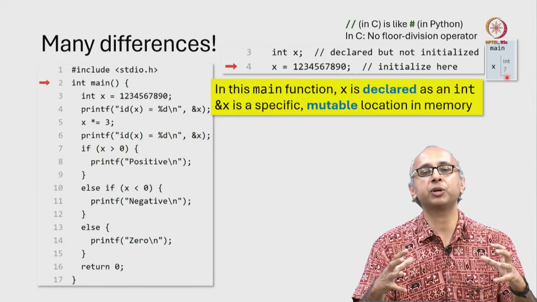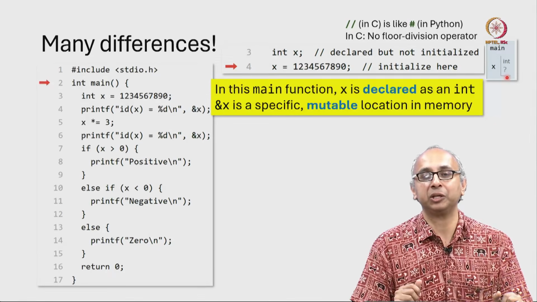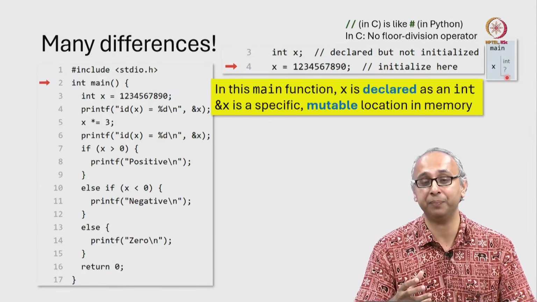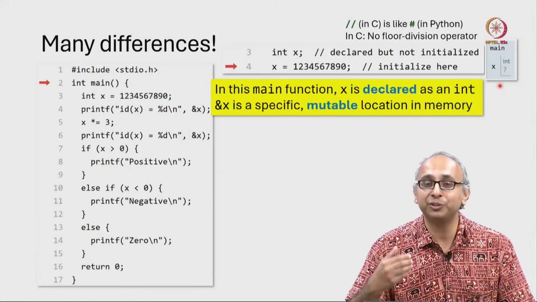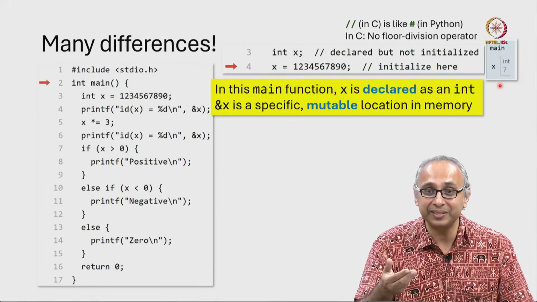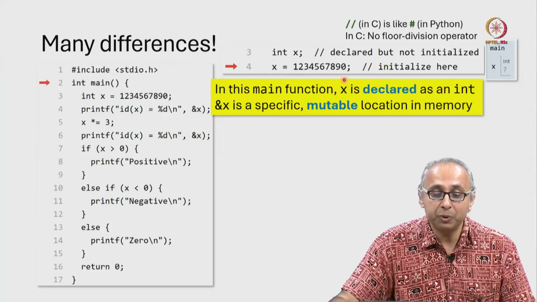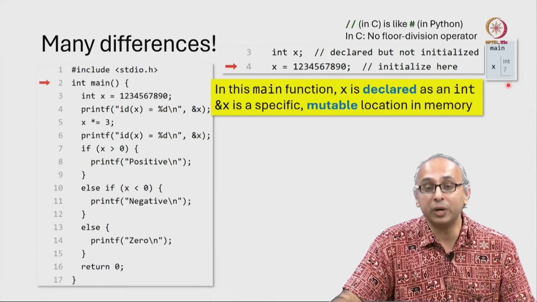Whenever you have some location in memory, there will be some value at that location. There is no such thing as an empty location in memory. So this question mark is just Python Tutor trying to remind us that we don't know the value over there. Then when we actually do this assignment statement, that location will get a